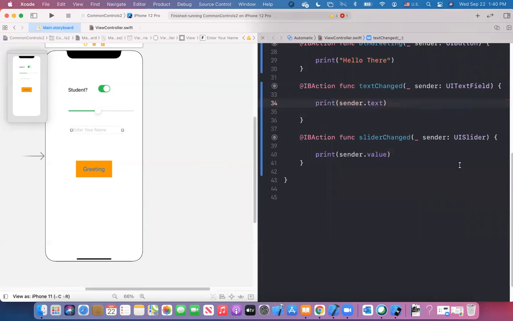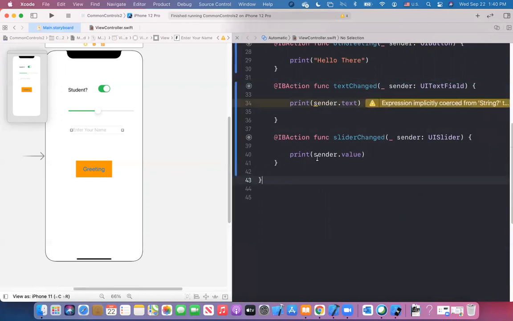Because I made a mistake. All right. So now what happens? Let's leave that warning for now. When we cover casting and unwrapping optional variables, we'll discuss this. Okay, so now if I run it,